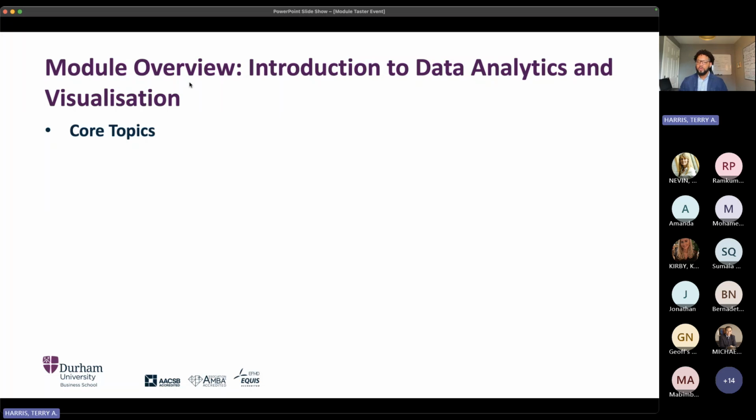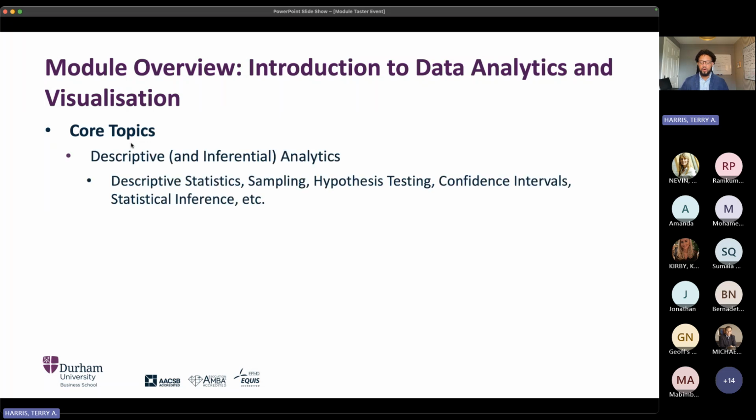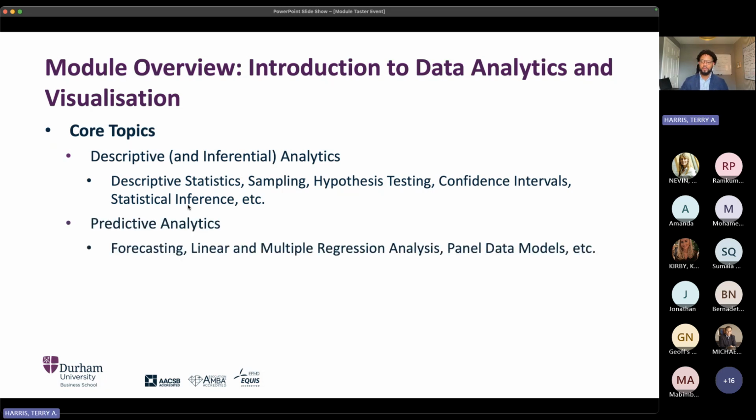All right, so here's a brief overview of our module. Our core topics and themes of our module are as follows. We discuss descriptive and inferential analytics. In this part of the module, the first 4 to 5 weeks, you take the following topics: descriptive statistics, sampling, hypothesis testing, confidence intervals, statistical inference. And of course, all of the examples will be drawn from accounting and sustainability related data. And this will make it easier to understand, because all of the data and examples are drawn from our field,